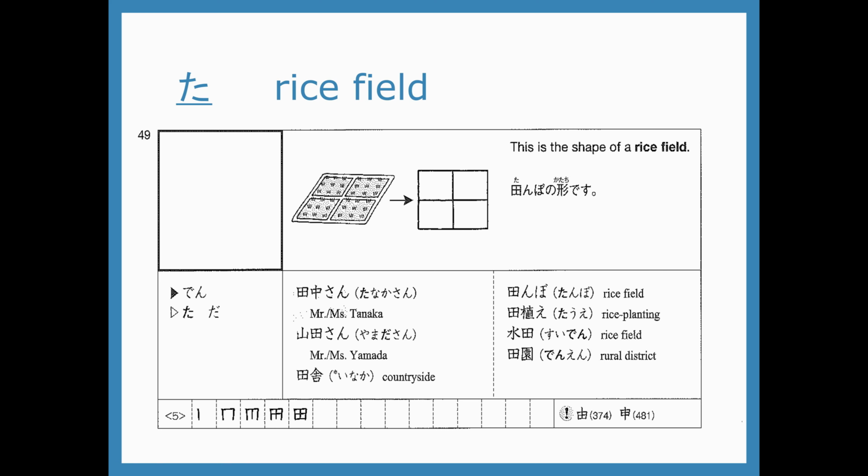Start with our first stroke. Ichi. Ni, all one stroke. San. Yon. Close the box with go. Once more. 1, 2, 3, 4, 5. Once more, 1, 2, 3, 4, 5. Maybe this kanji is not so easy to visualize if you haven't seen a rice field in real life before,